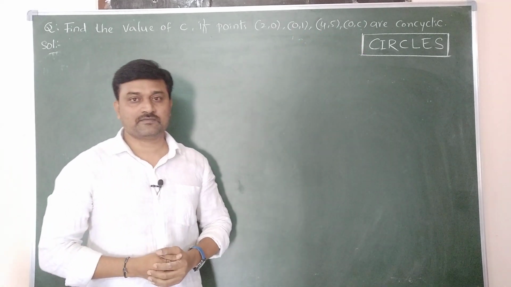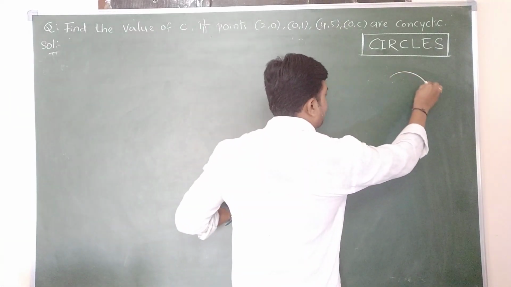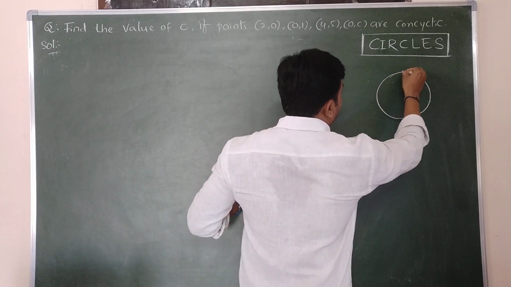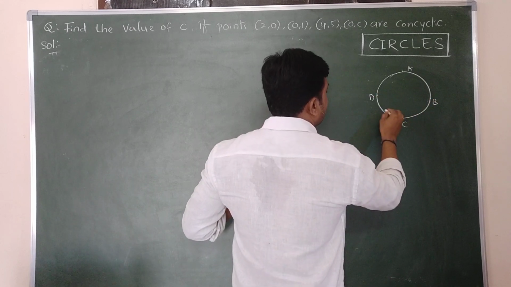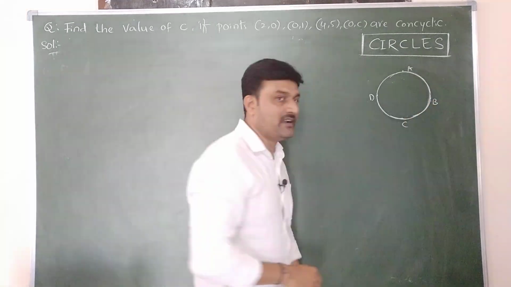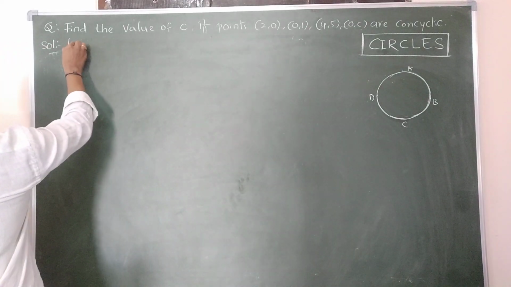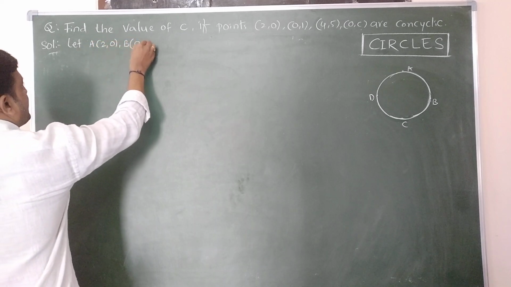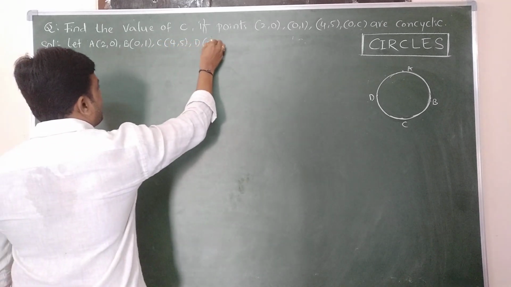When the points are on the circle, the points are concyclic. If the circle passes through A, B, C, D, then A, B, C, D are called concyclic. Let the solution be: let A (2, 0), B (0, 1), C (4, 5) and D (0, c)